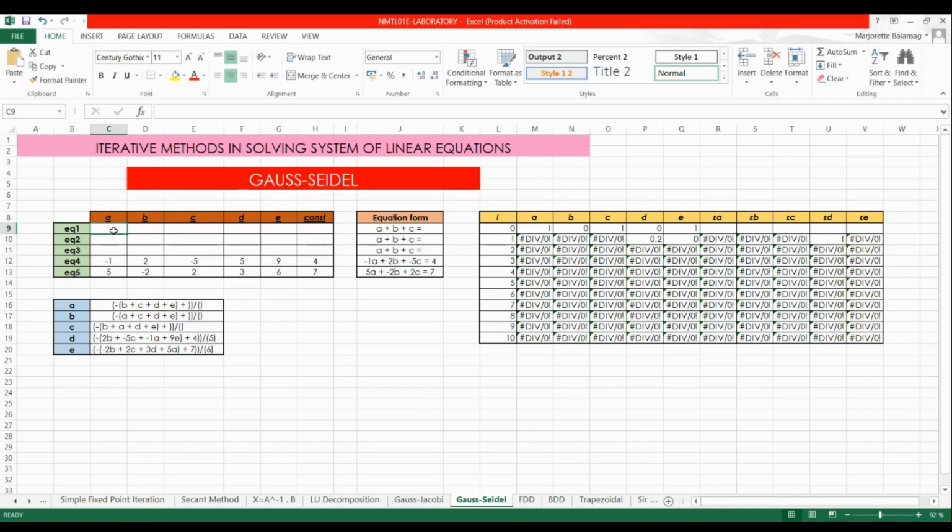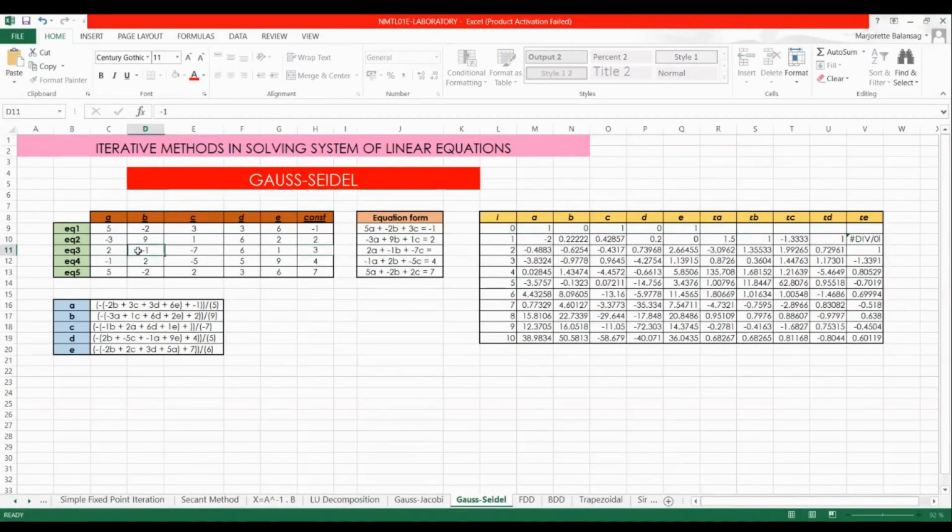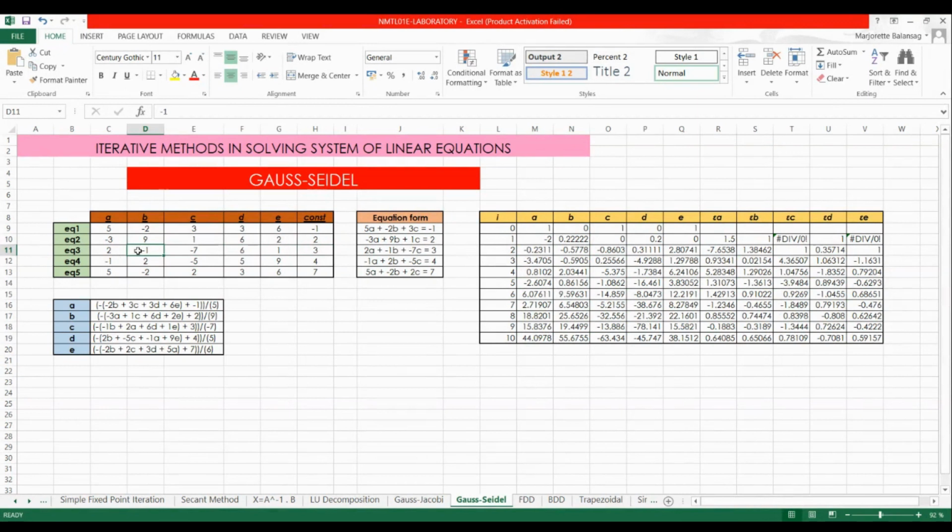So let us try to input values 5, negative 2, 3, 3, 6, negative 1, negative 3, 9, 1, 6, 2, 2, 2, negative 1, negative 7, 6, 1, and 3. So, as you can see, from there, after that, Excel will provide the equivalent equation form